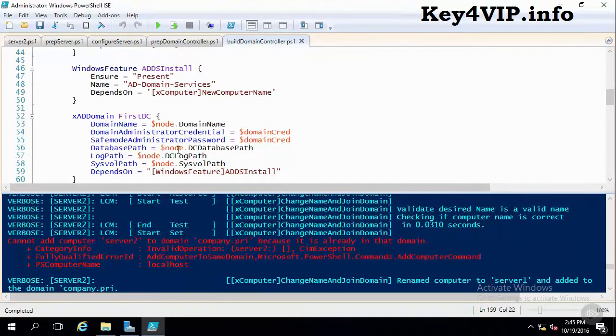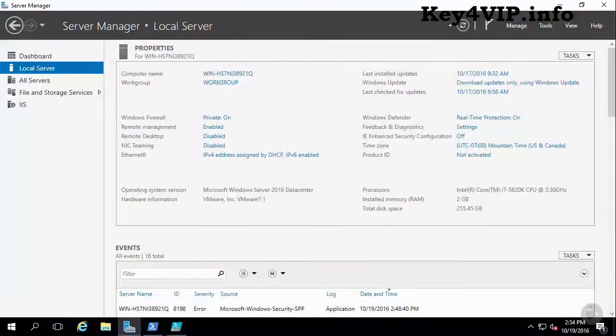In fact, let me go ahead and pause things here for just a minute, and I'll create another server. We'll call this server 3 that we will rename to DC. We will configure all the things that we've shown here. We'll create an Active Directory domain controller, and then we'll go through the creation of all these users, groups, and reverse DNS zones. And then fast forwarding things once again,